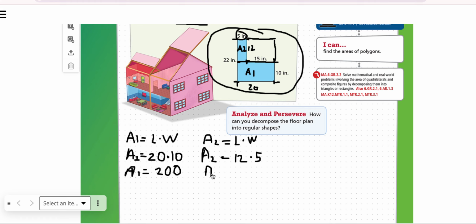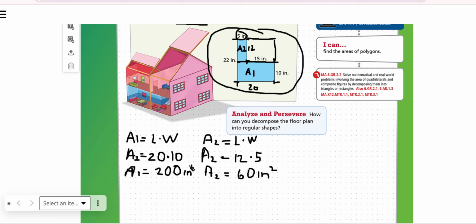And now area number 2 is 12 times 5, and 12 times 5 is 60. So this is 60 units. What units is this? Oh, inches. So it's going to be square inches. We're going to put inches to the second power, and the same thing here with the 200 inches to the second